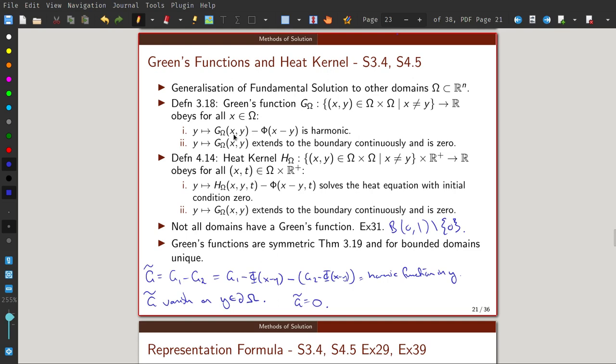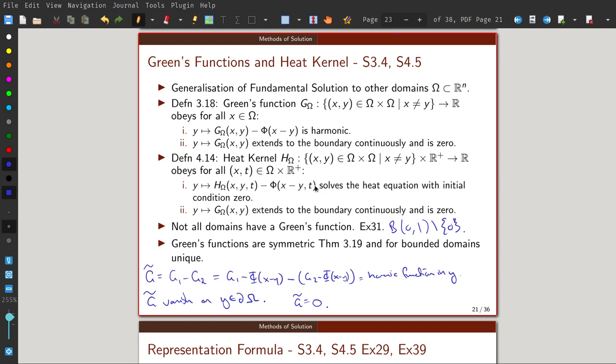And we can just take the Green's function to be Φ(x minus y), and then the difference will be 0, which is harmonic. And the same thing, take it to be the fundamental solution of the heat equation. Then the difference will be exactly 0, and so condition 1 will be satisfied as well in this case. So we know how to satisfy it. We know how to find the Green's function for Rn,